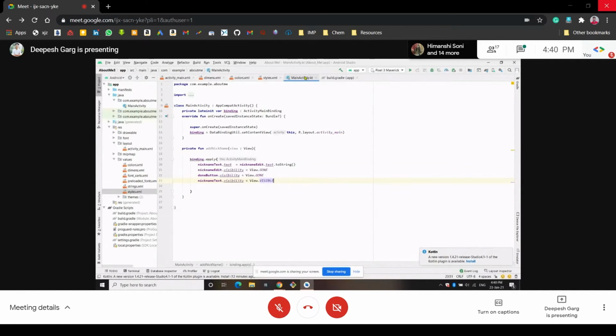Now whenever the person again wants to update that name, if we create only this function, the person will open the app, write something in the nickname section and click the done button. So it is only usable once. If the person again wants to change that name, how will he or she do that? So we will create